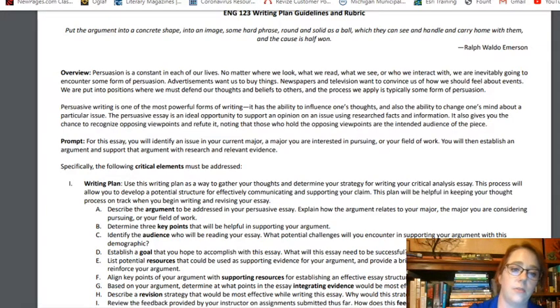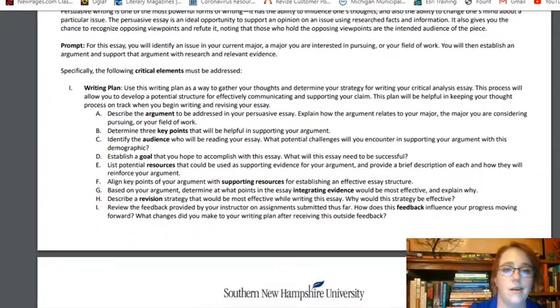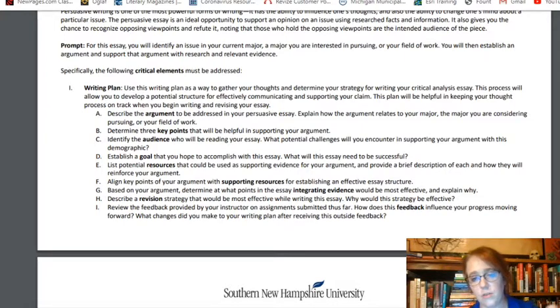So what are we doing for this? We are going to kind of take everything we've done so far and dig into it a little bit deeper, okay? This is our writing plan. It's a plan of action for our next step. We've done our writing notes, we've done some research, put it all together, and let's move forward and have a scaffold, so to speak, of our draft, okay?